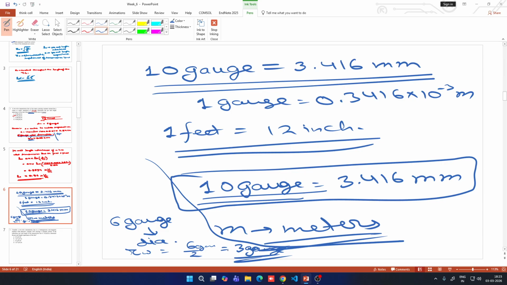So we have to convert this 3 gauge into meter, centimeter or millimeter. So now we don't have to do much, right? We just have to multiply this 3 into 0.3416 into 10 to the power minus 3. Then our answer will be in meters. So when you multiply 3416 into 3,